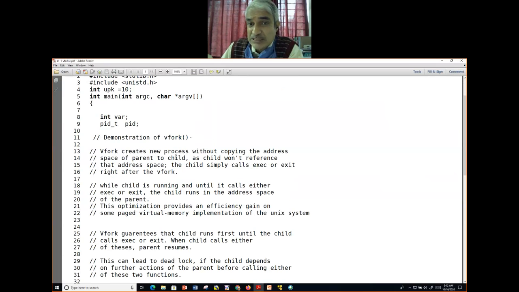vfork creates a new process without copying the address space of the parent to the child. A child won't refer to the address space, but the purpose of vfork is to ensure that it calls exec or its variation.